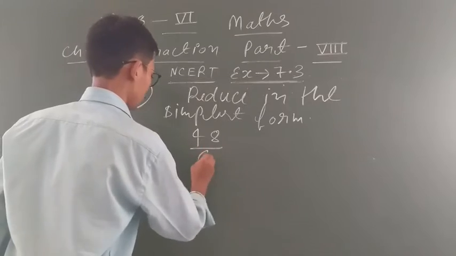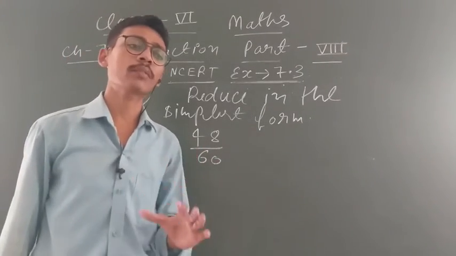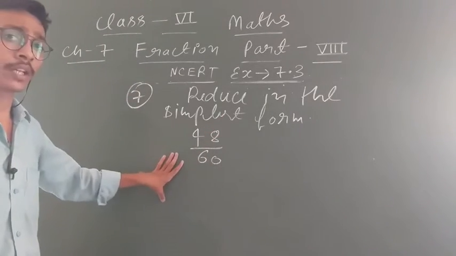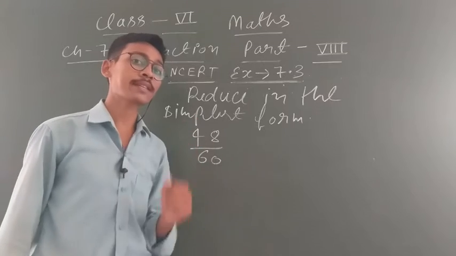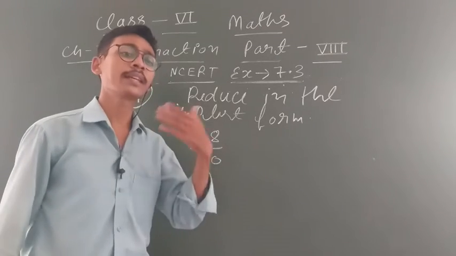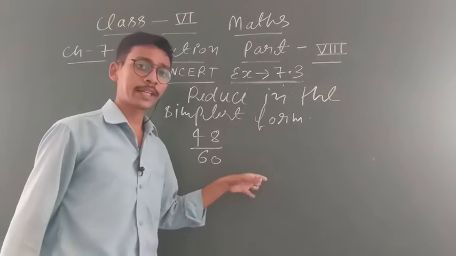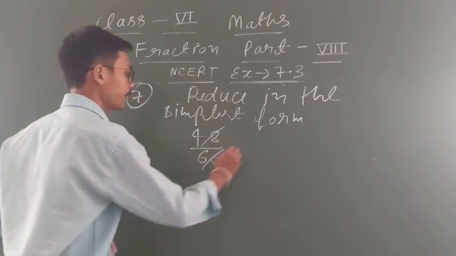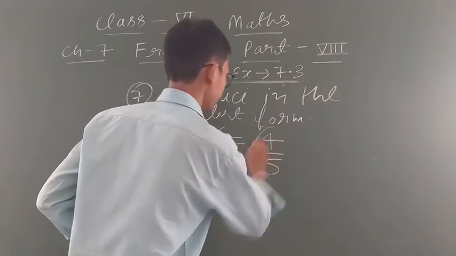So first, you know that we find out the HCF and divide by it, but you are now in 6th standard. I think you are able to solve this question very easily. So you have to find out the table by which you can divide both numbers. Now you will say, sir, 2 is a number, but think of a larger number, student. Okay, it is your thinking power. You know that 12 4s are 48 and 12 5s are 60. That is our correct answer.